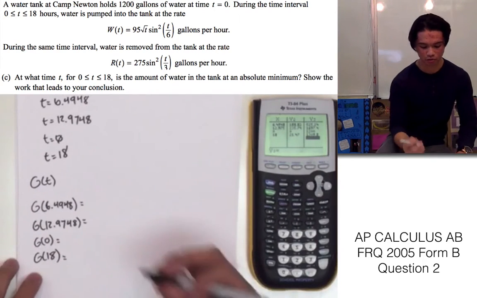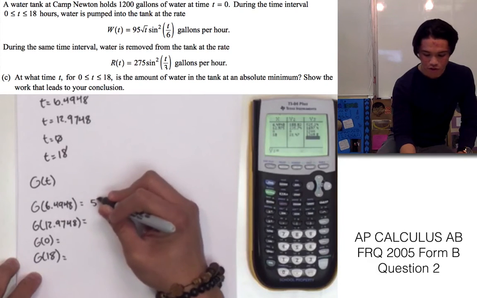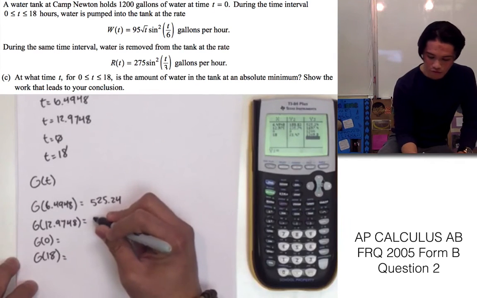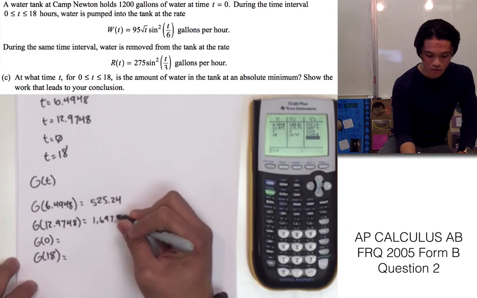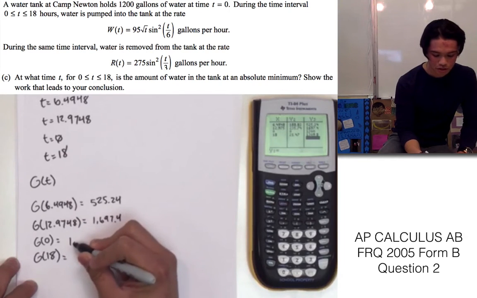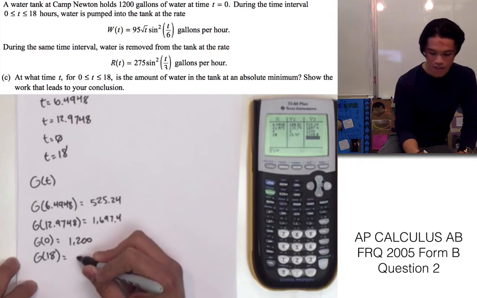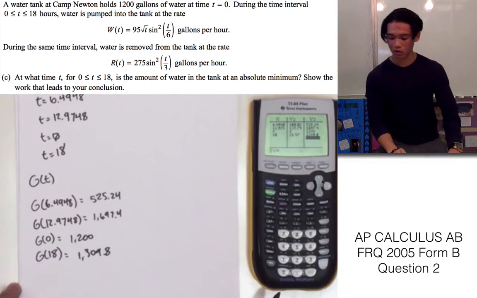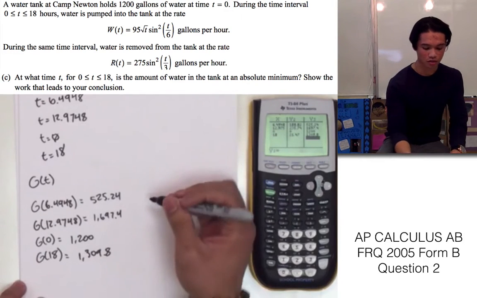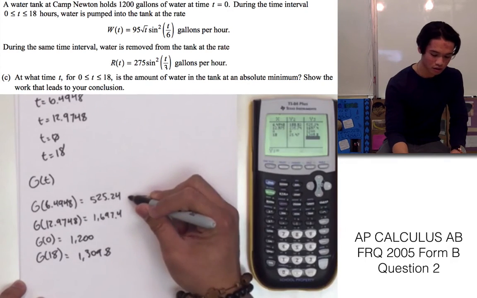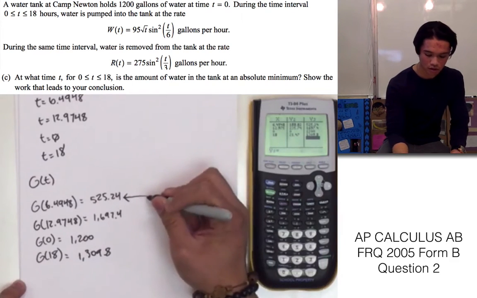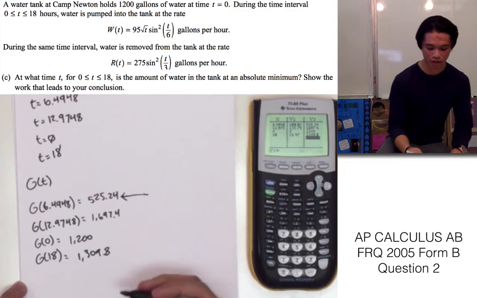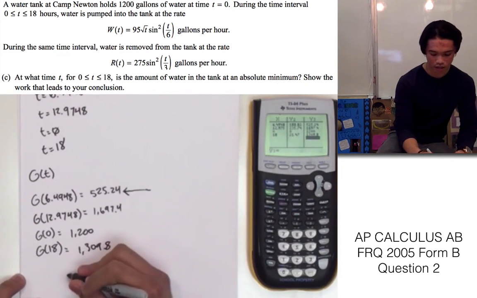Okay, so for g of 6.4948, we have 525.24. For g of our second critical number, we have 1,697.4. G of 0 is 1,200, and g of 18 is 1,309.6. The question's asking for the absolute minimum, so obviously our lowest value of g of t is at t equals 6.4948, so we can conclude that